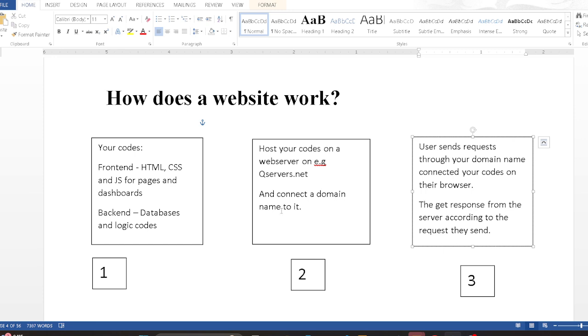Back to our slide here, this document. As you can see, I think I've explained these three processes now. You have your code, HTML, CSS, and JavaScript, right? And then you have the logic, if it requires sending a request and receiving a request back. So you have that. Then you host your code